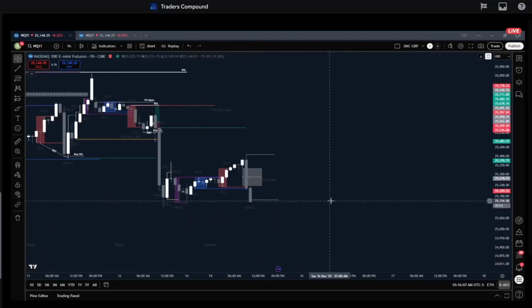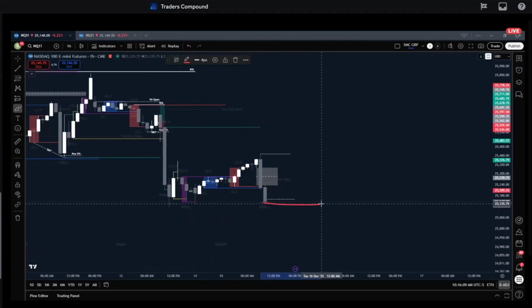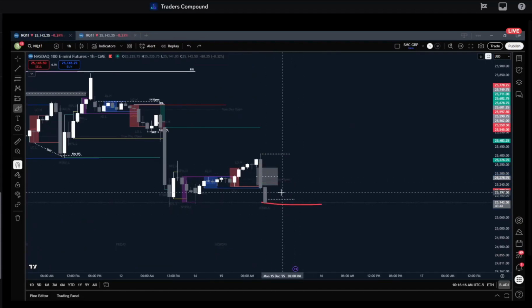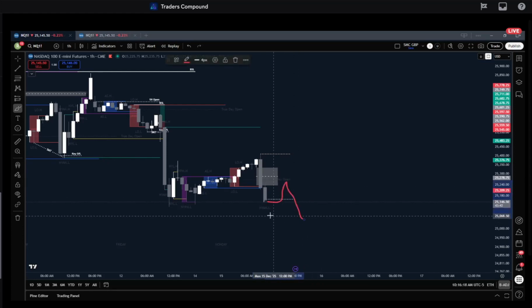At 11, you're looking for the gap, right? You'll have the AM session low, the AM session high, and the gap. You can either wait for a sweep of the AM low to target the gap, or for the rebalance, pretty much just trading the range.